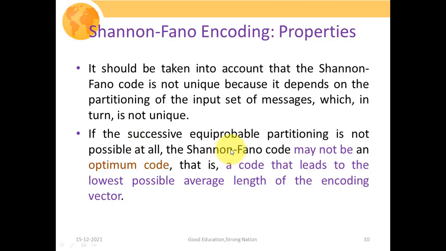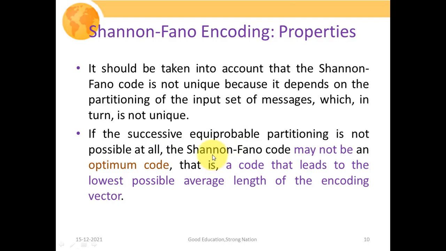Successive equiprobable partitioning is not always possible, but in the example that we have seen, equiprobable partitioning was possible, as most of the time when we performed the partitioning, the probability of each partition remained the same. So this is the special case where the probability distribution is of the type 2 to the power minus nk.